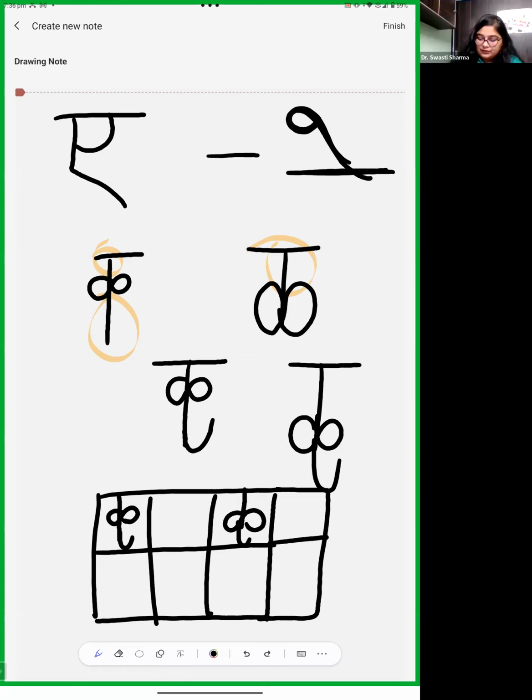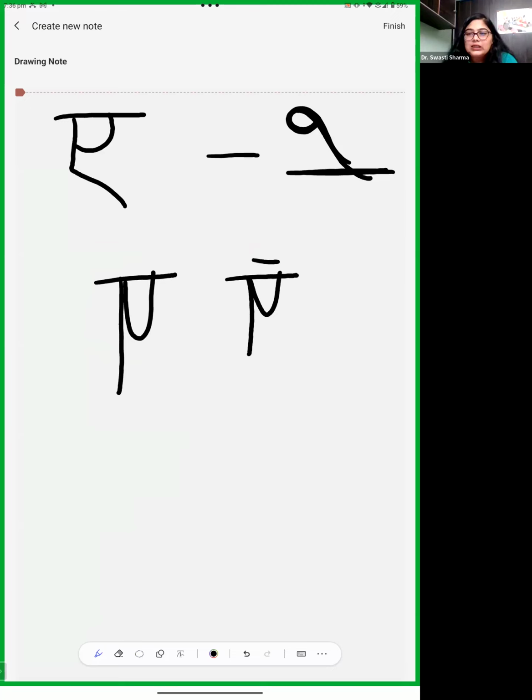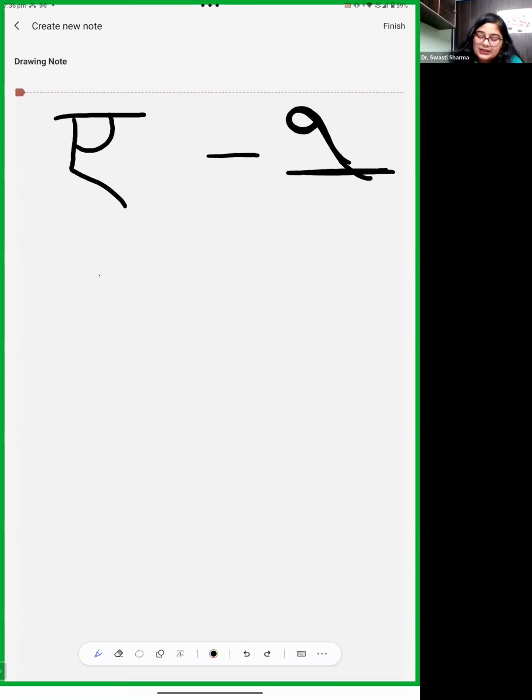Okay. Now we are moving forward to the matra A. As we saw when we learned the vowels, this was A and this was I. There was only a single straight line on the upper line, and it is shorter than the letter. Clear? We are just going to add this with the letters, and it is the matra of A on the upper line.